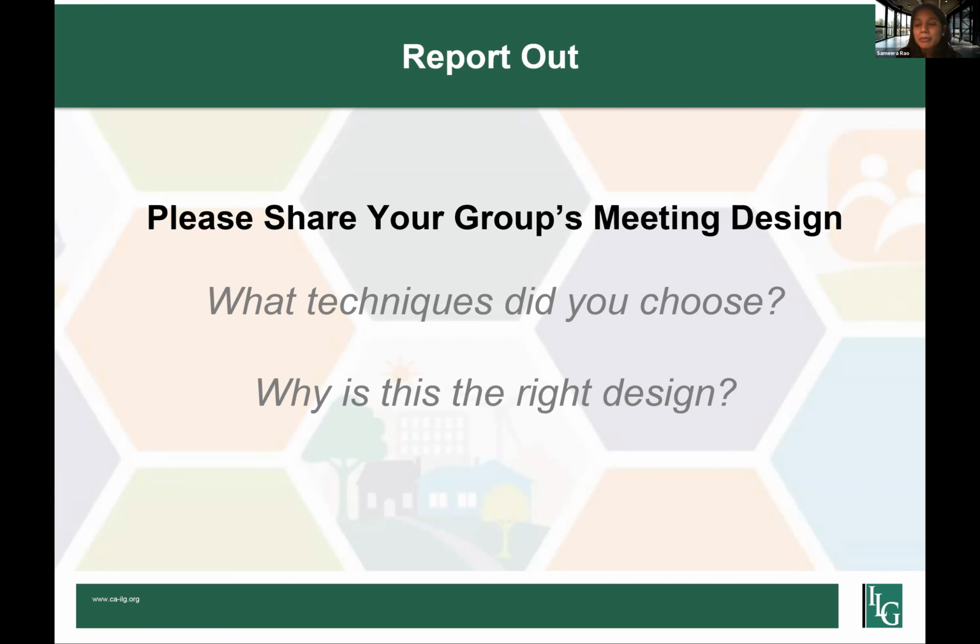So we're going to use some interactive tools like polling and chat box and make sure that everyone is heard. And from our experience, it's just explaining and walking the audience through what we're proposing and clearing out some questions that they might have to get their support. So that's our goal with this.